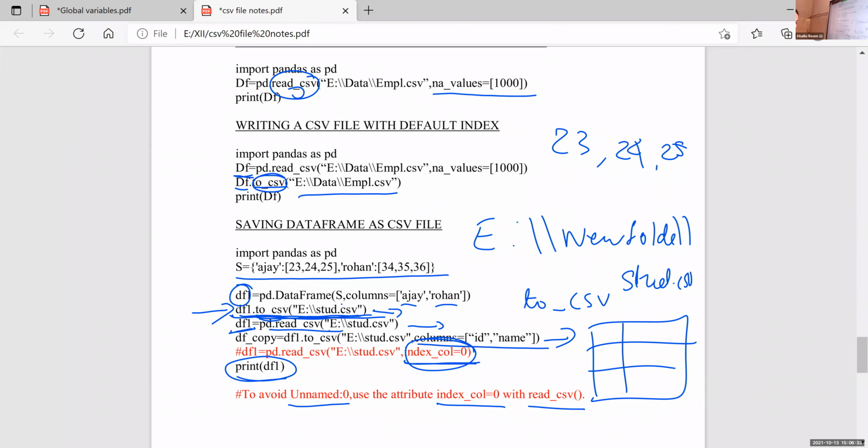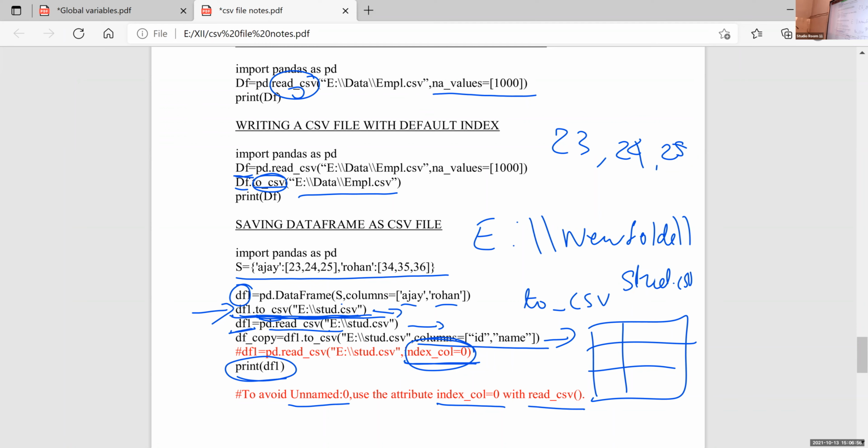Okay, and in the case of merge also, take page number 52, example 43. One parameter attribute is there, that is ignore_index equal to True.